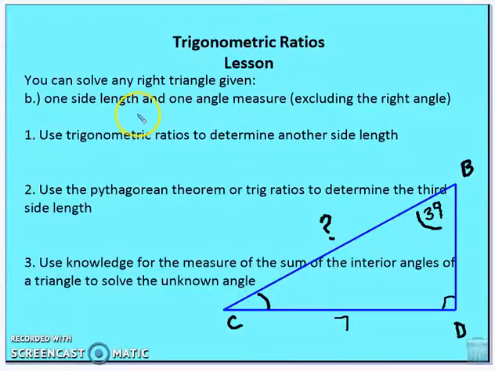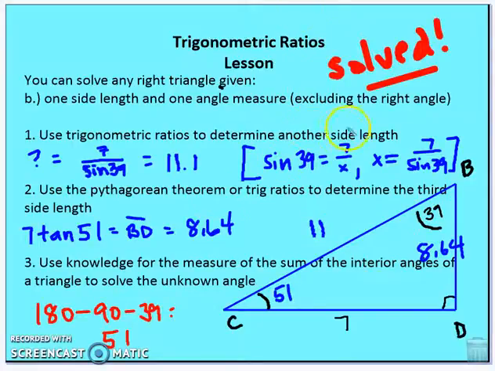All right, so now we can also solve a right triangle given one side length and one angle measure. Here we have one angle measure of 39 degrees and one side length of 7. So we're going to solve for CB first. And we know that if I take the sine of 39 degrees, it should equal 7 over CB. So let's figure out what that means. And I've solved everything for you. The sine of 39 degrees is equal to 7 over x. Solving for x leaves us with x is equal to 7 over sine 39. And you solve for that and you get 11.1 as the length for